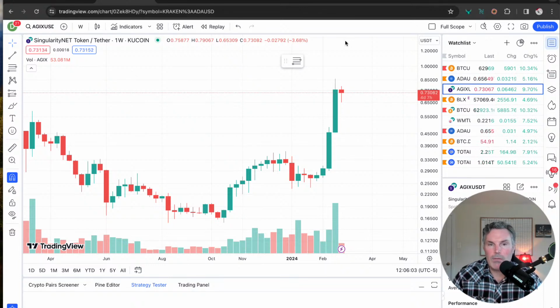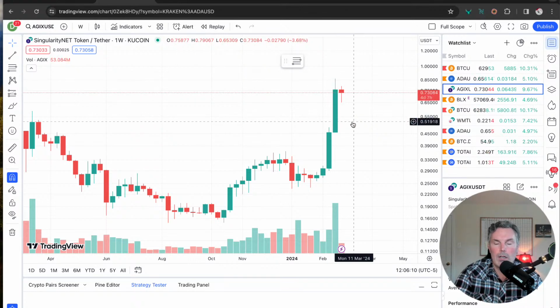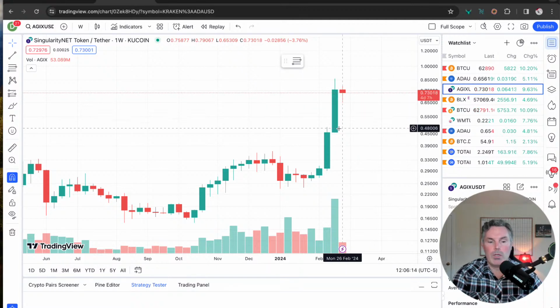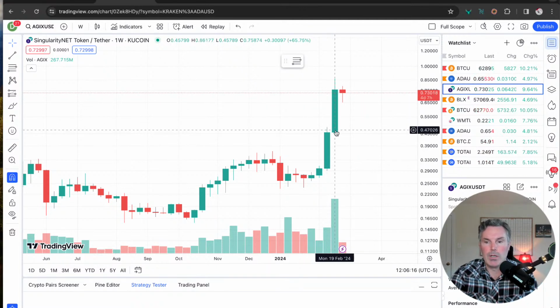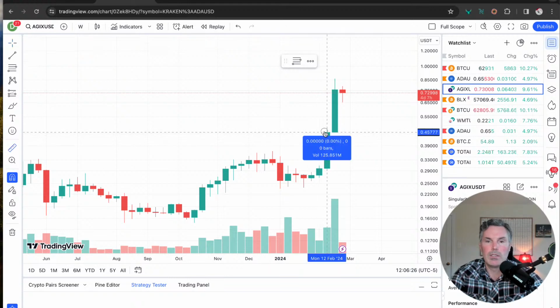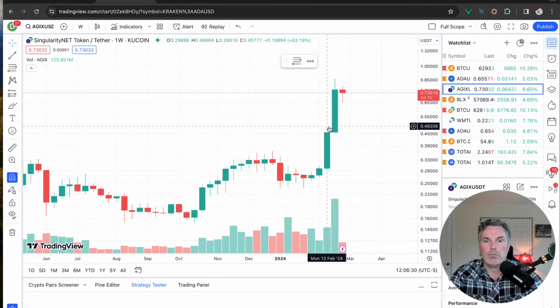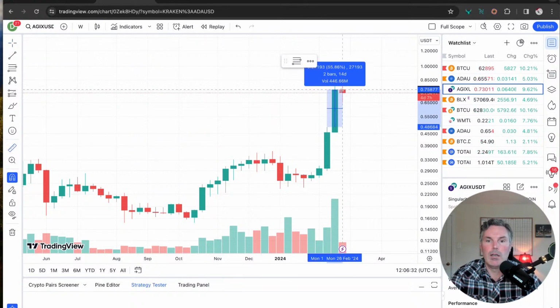So there's lots of waves happening with AGIX, and I just wanted to continue to celebrate the growth of AGIX. When we disclosed where AGIX was in the chart when it popped off the top, it was right around here. It was around the 50 cent mark. We're looking at a weekly chart here against the US dollar, and since then it has grown more. It has grown over 50%. It's actually about to pop off the chart again.